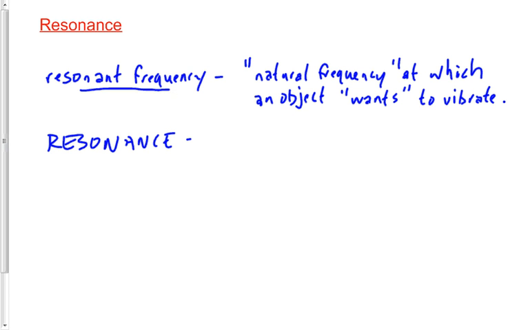You guys have all seen it before, whether you realize it or not. Resonance occurs when you apply a disturbance at the resonant frequency. So in other words, if the resonant frequency of a swing set is this, okay, it's going back and forth by itself, just under its own volition, a natural or resonant frequency at this rate. If I apply a disturbance at that natural frequency,